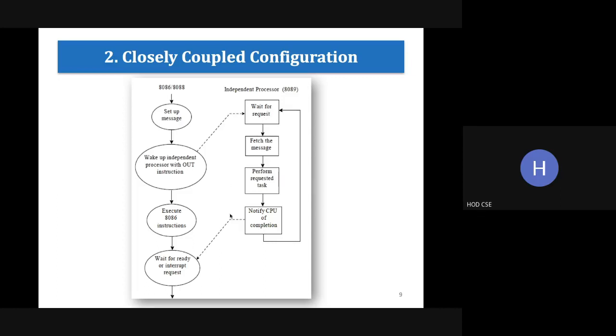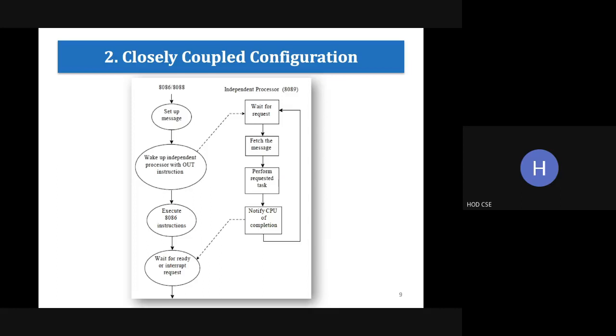So the task to be completed by the IO processor is that it will get the data from the keyboard. After getting the data, it will be indicated to the main processor. At the same time, when 8089 is performing its task, 8086 can execute its own instruction. And here it will be waiting until the data is ready. So a wait stage will be there in closely coupled and also in co-processor. Suppose if the data is not available at the particular time, the main processor will be waiting.